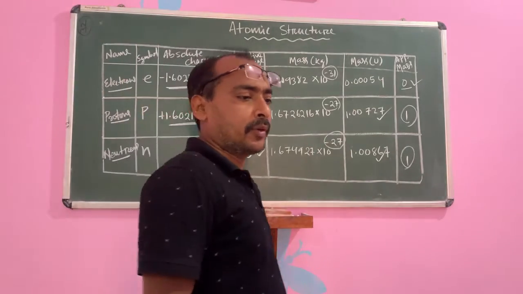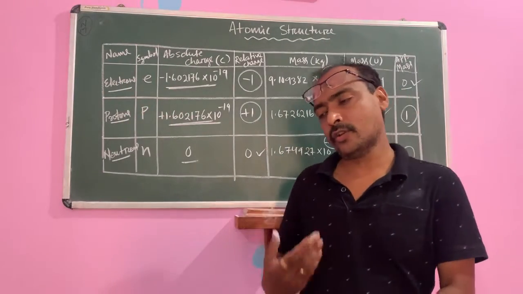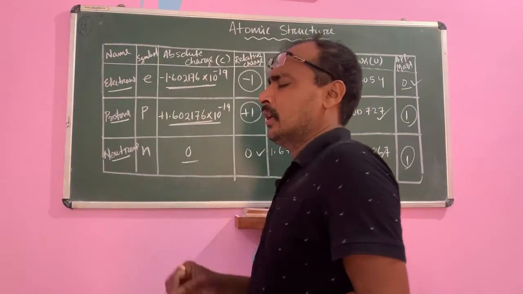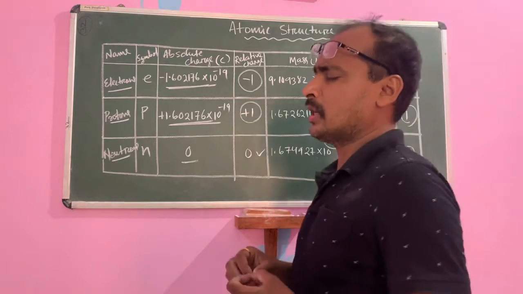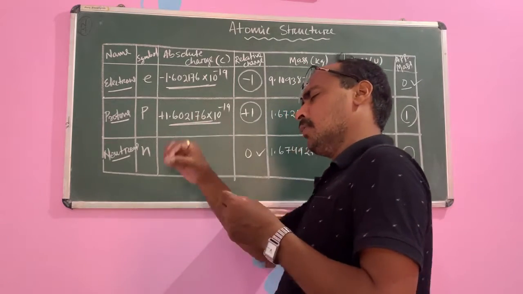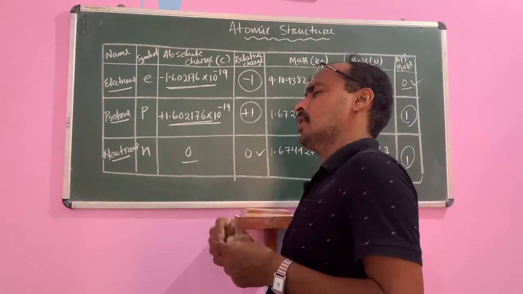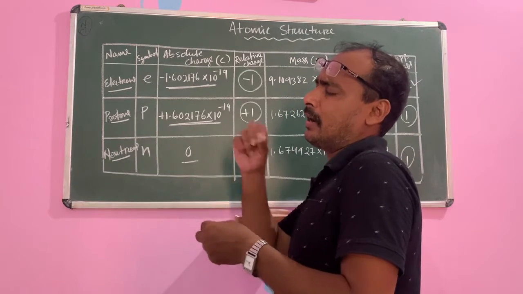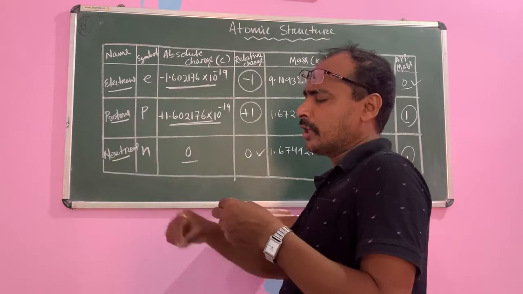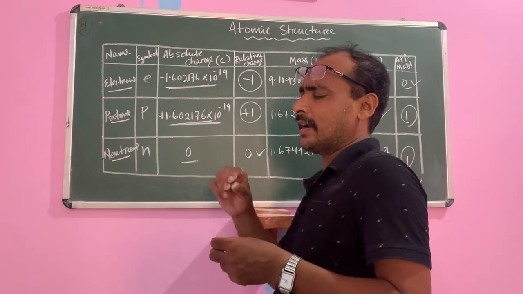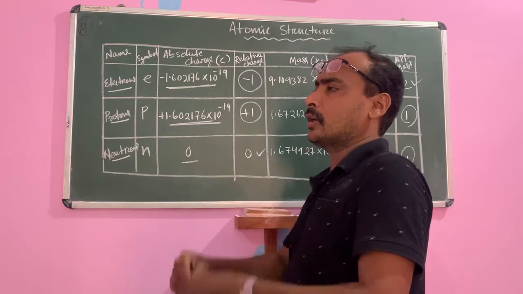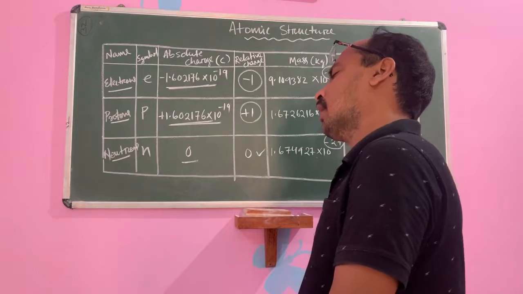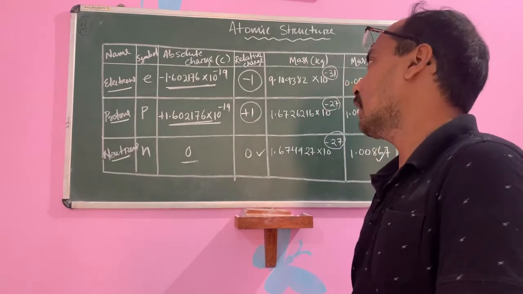Okay, but after that, there are also limitations of the Rutherford atomic model. It could not explain the stability of the atom. You know, children, when electrons are revolving around the nucleus, with positive charge in the center and negative charge revolving around it, then it continuously loses its energy, and at last it will collide with the nucleus. But we know the atom is quite stable. So Rutherford could not explain the stability of the atom.